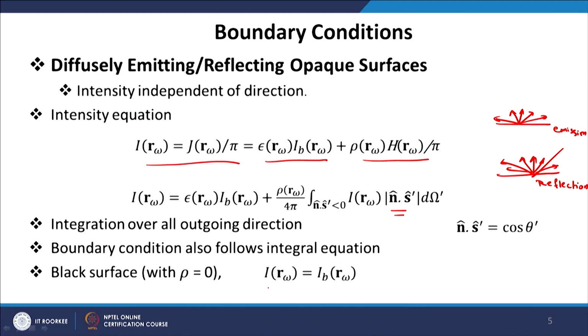For a black surface, the analysis is simple, and most of the problems that we will solve will assume that the surface is black. That means the medium is bounded by black surfaces, and the boundary condition is that the intensity is simply equal to the black body intensity. Here we are allowing that the intensity may vary over a surface. So, r_w means the position vector of any point on the wall. Intensity may vary over a wall, but it does not vary with direction. So, we are assuming a diffuse surface.